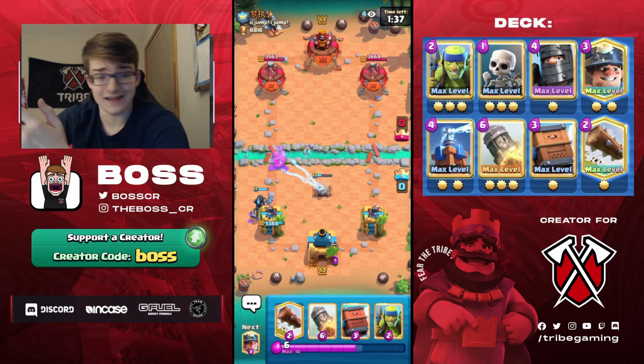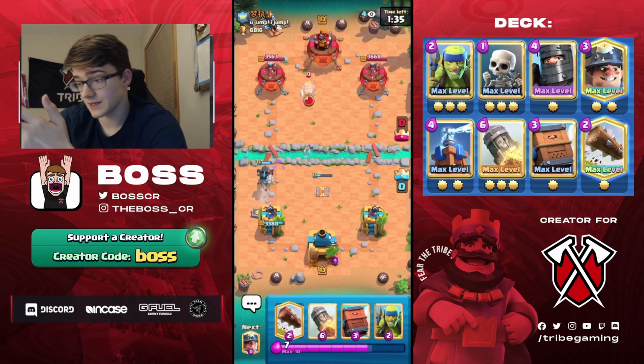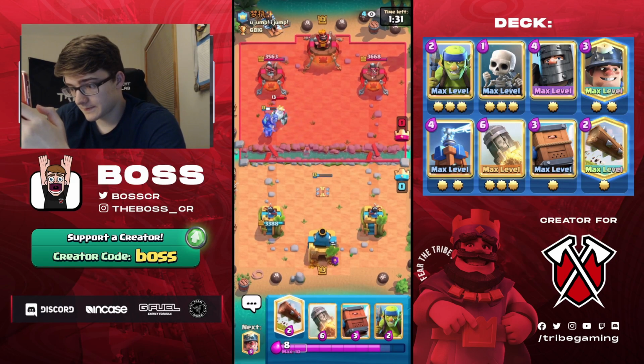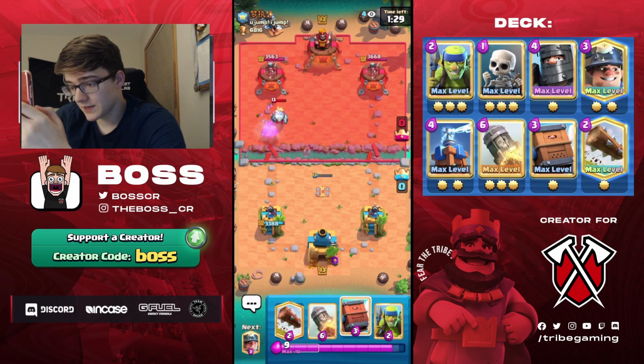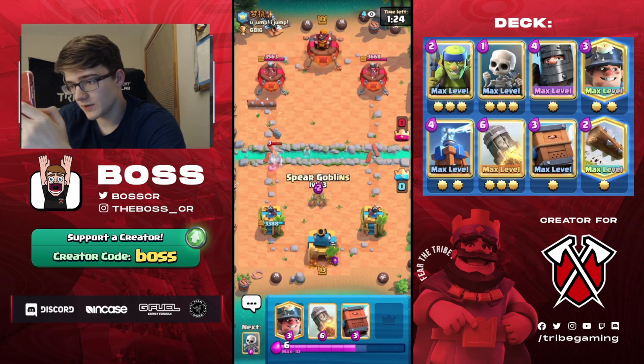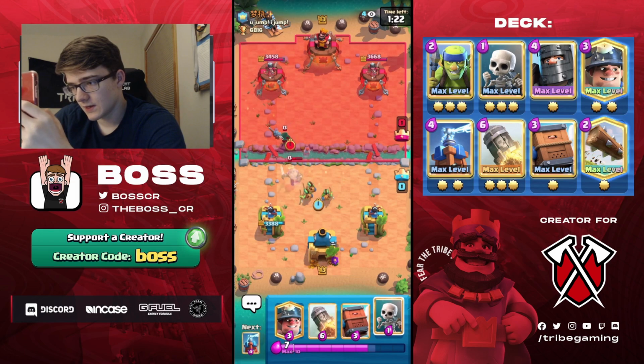But if you were to do that in double elixir, then obviously I'm going to take it. It's going to go Ghost, so I guess we can just log this and then try to surround it with Spear Goblins. Or actually, what we can do is just kind of play them like this. If he goes Zap,